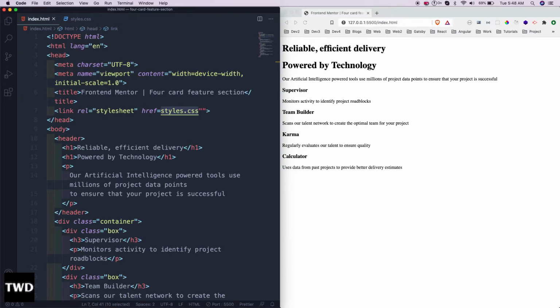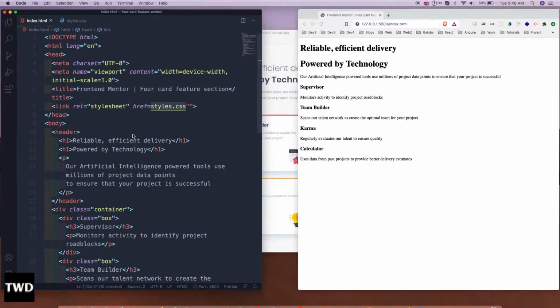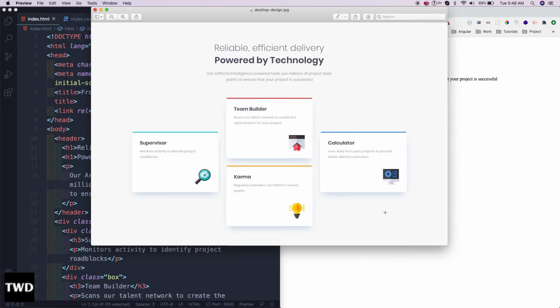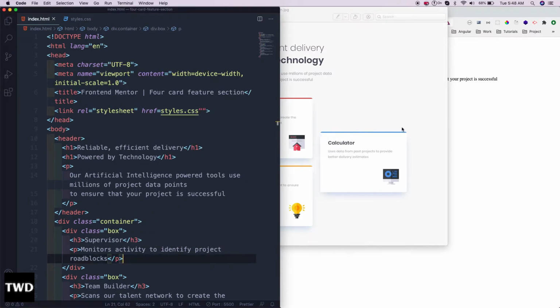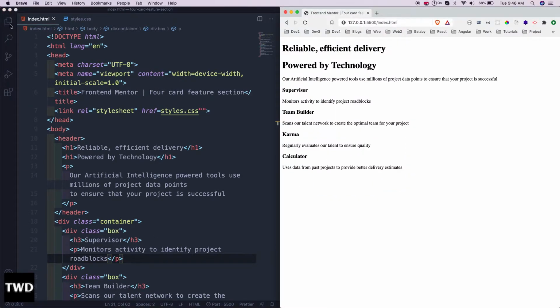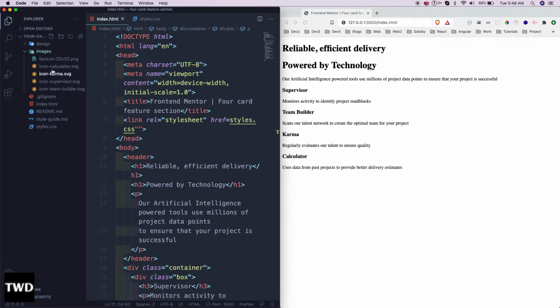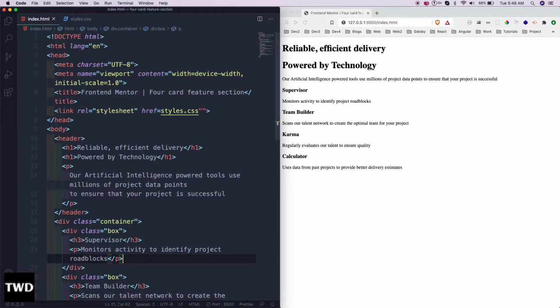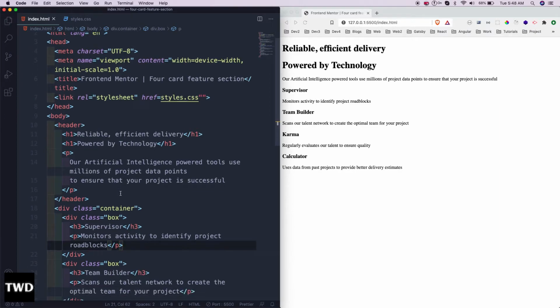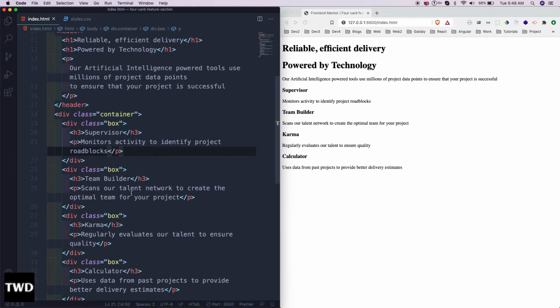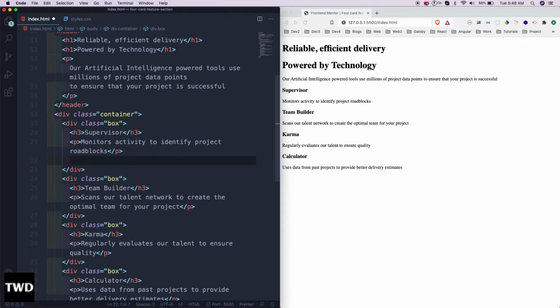Then, one more thing, actually we have all those icons, they have provided everything, even this color they have provided. So in images they have provided those icons, so we will use those icons. After this, inside every box we will use that. So img source is images slash icon, this is supervisor, so supervisor,